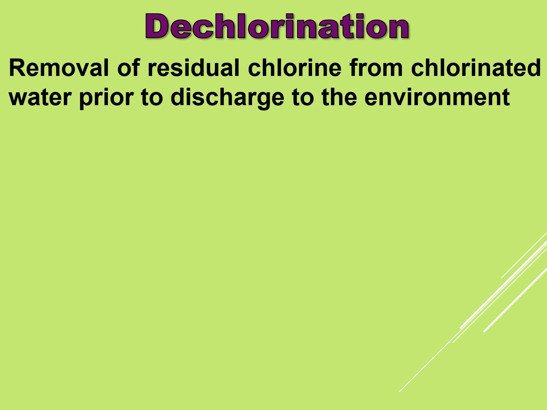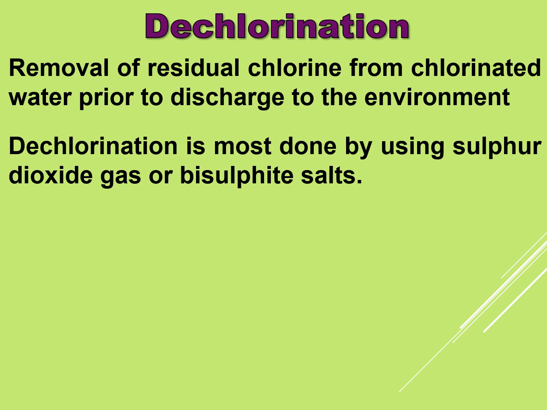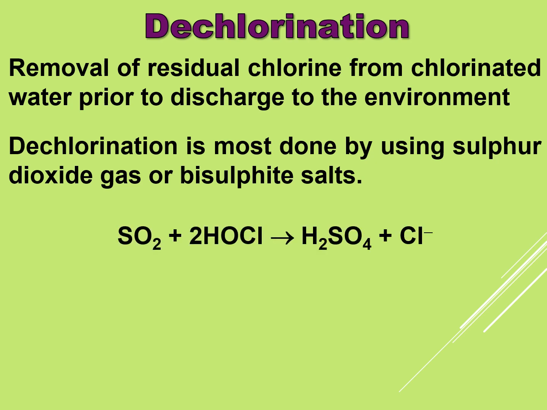So we have to dechlorinate that. How is it done? It is done by using sulfur dioxide gas or bisulfite salts. These are the two things used. For example, sulfur dioxide reacts with hypochlorous acid to give sulfuric acid and chloride ions, and bisulfite salt